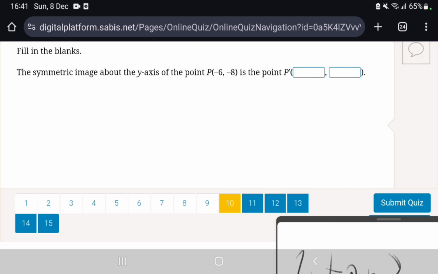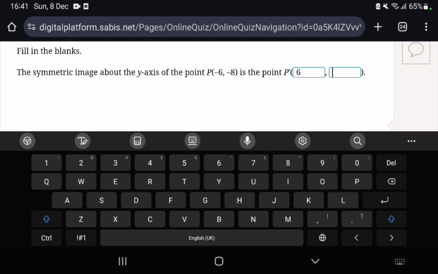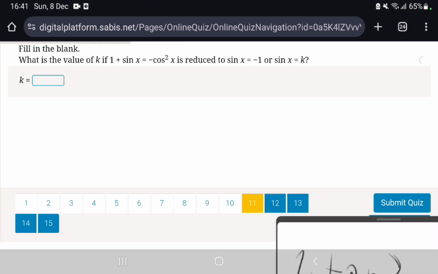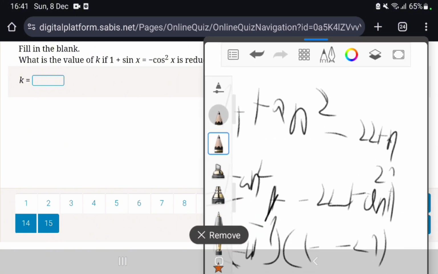If an image is symmetric about the y-axis, you only switch the sign of the x, not y. So it's going to be 6, negative 8. Number 11. We do the same thing we did in the last question, except that